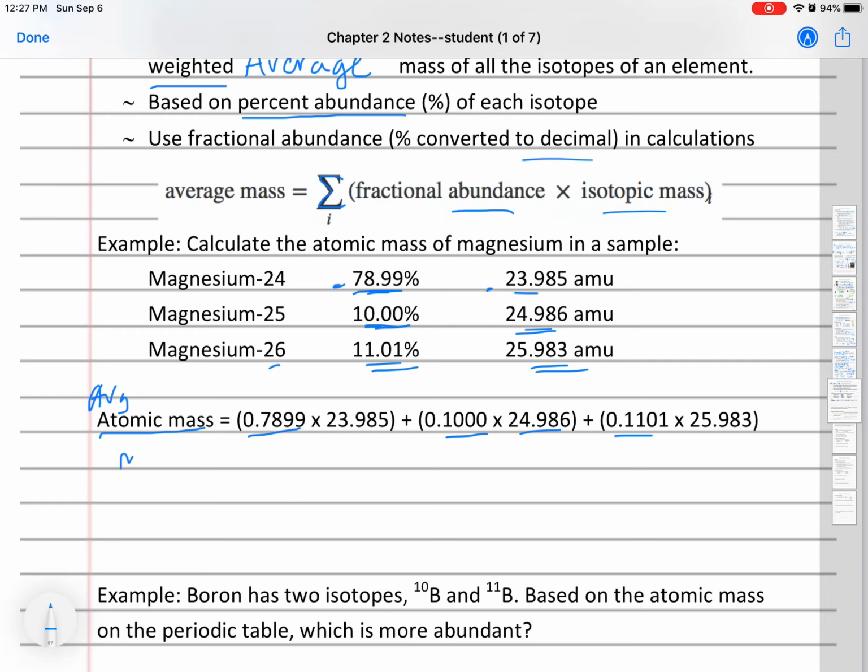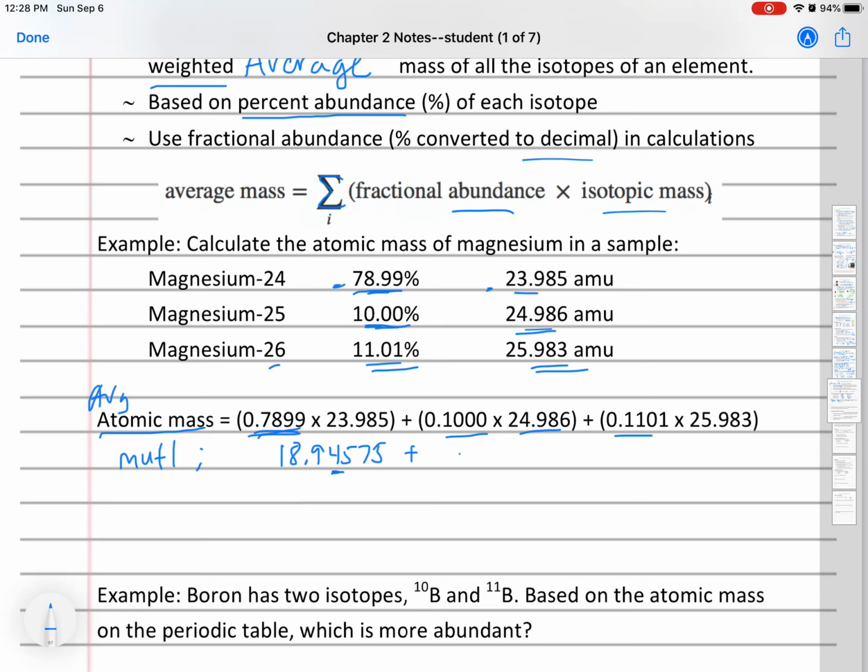So this is a multi-step problem. The first thing we want to do is multiply. Okay, so for this first product, the answer is 18.94575 according to my calculator. But this percentage that we measured has 4 sig figs. So I'm just going to put a little placeholder here. That 4 is the last significant figure in that number.